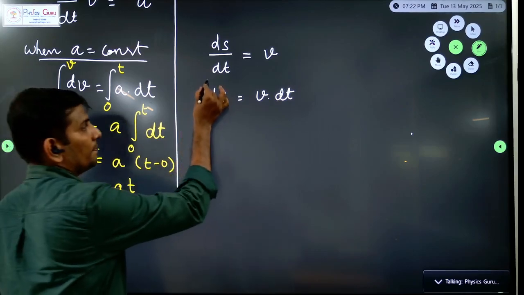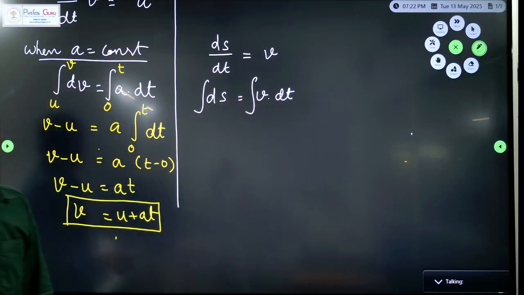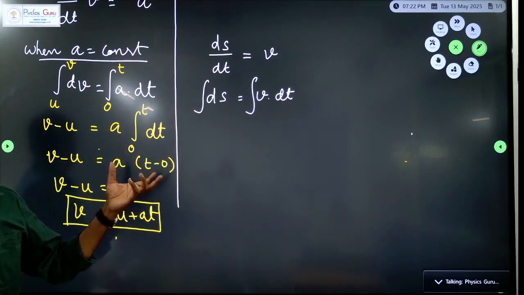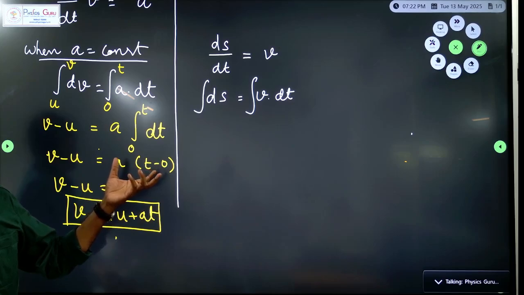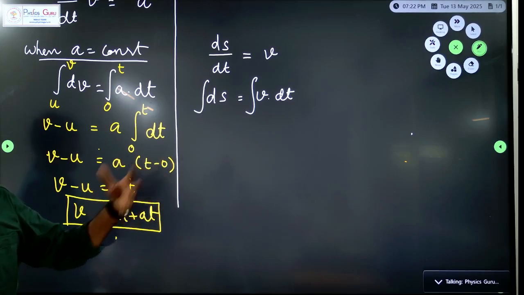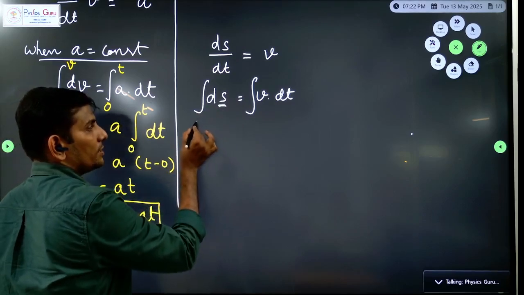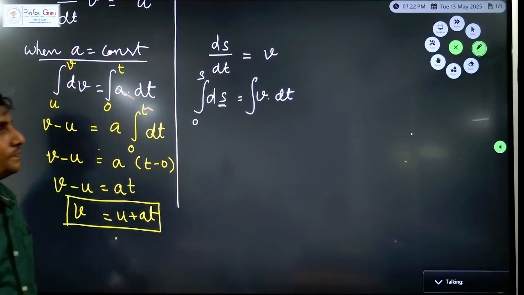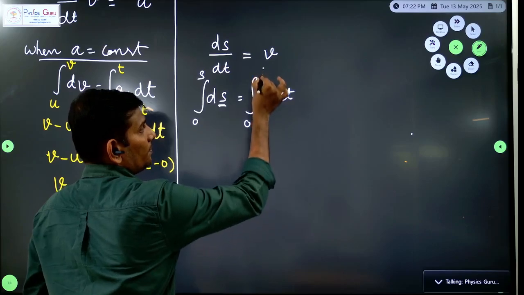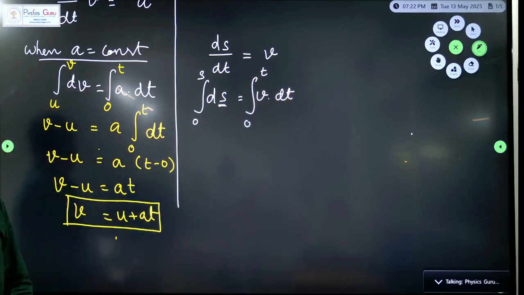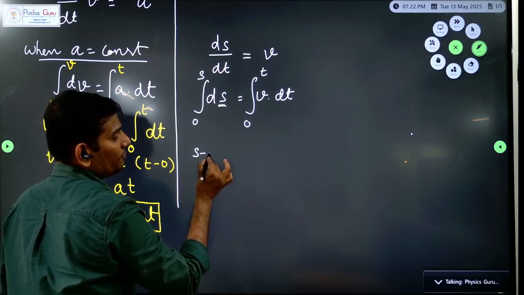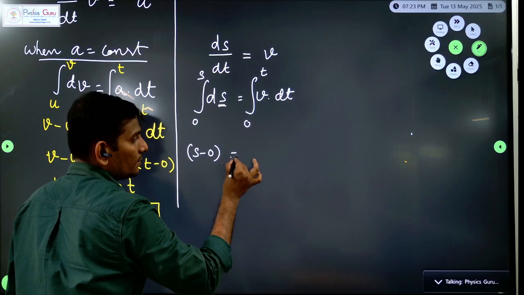Integrate. Left hand side, no argument, function pair. So straight away what we have to do? Find the range. So the displacement changes from zero displacement to maximum displacement. Time changes from zero time to maximum time. So left hand side, I can simply write, it is going to be final minus initial is equal to,